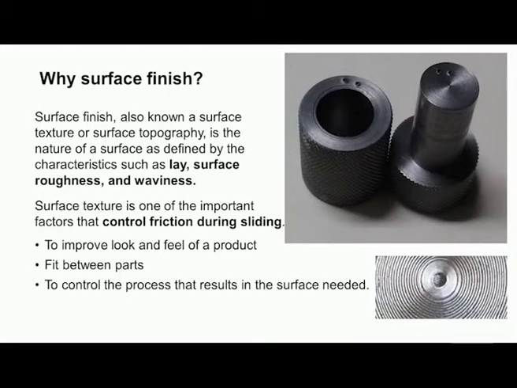So in such cases to prevent the relative motion between the two parts, we need to have a slightly rough surface. This surface finish is also known as surface texture or surface topography,